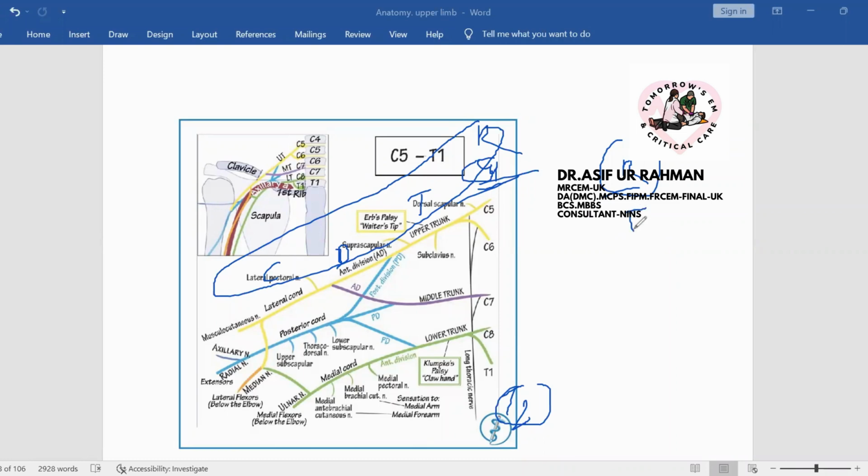How many trunks? 3 trunks. Where is the trunk situated? In the root of the posterior triangle. In relation with which artery? Subclavian artery, the third part of the subclavian artery. Some books say this is related with the second part of the subclavian, but actually it is in relation with the third part of the subclavian artery. Clear? Okay. So this is trunk. How many trunks? 3 trunks. Regarding trunk, I have told you: root of the posterior triangle, third part of subclavian artery, and